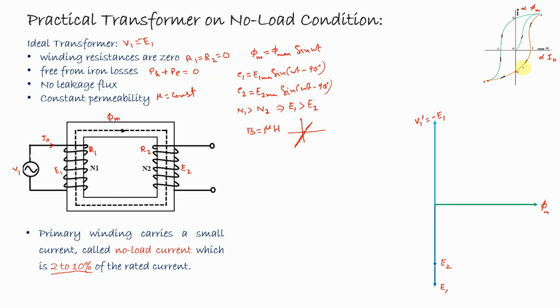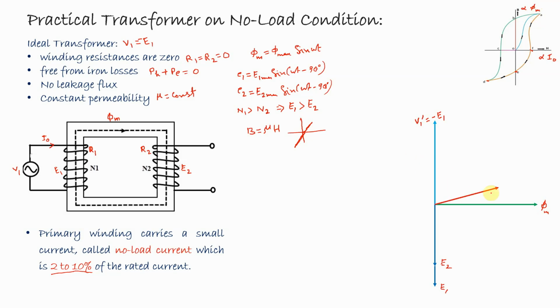Further, if the current or the magnetic field intensity is further increased, then at the F point we can see that the current becomes positive, but the flux becomes zero here. This is the coercive force that we have already discussed in the BH characteristics lecture. So ultimately, from this hysteresis loop, we can conclude that the current which is responsible to produce the magnetic field will lead the magnetic field. That means I naught should be leading the mutual flux by some angle.